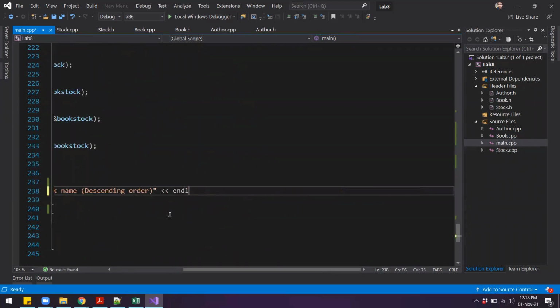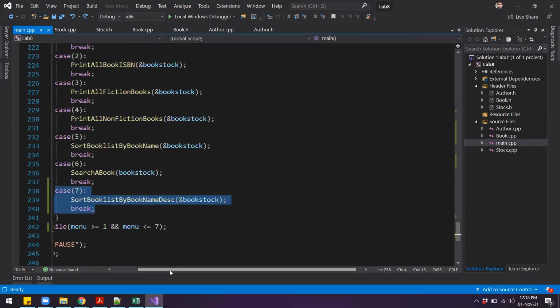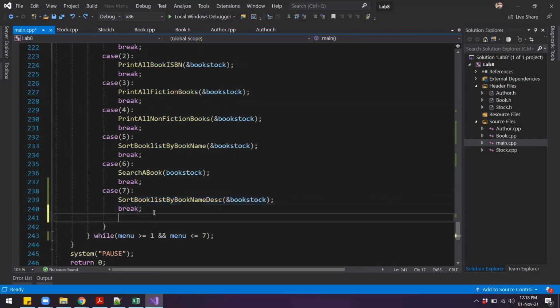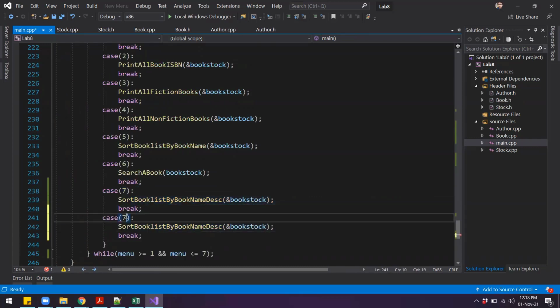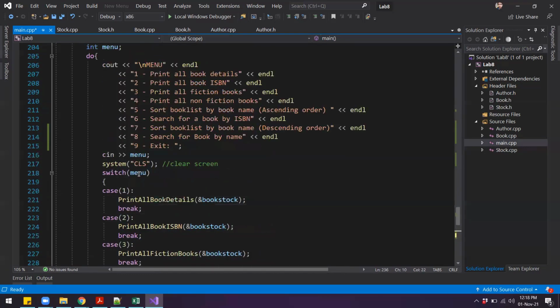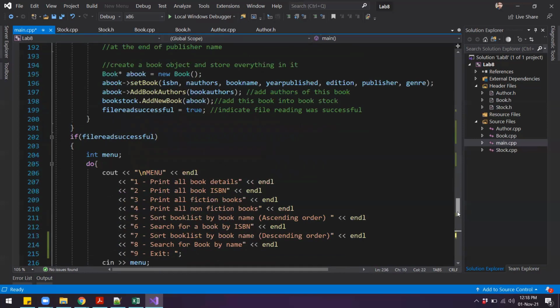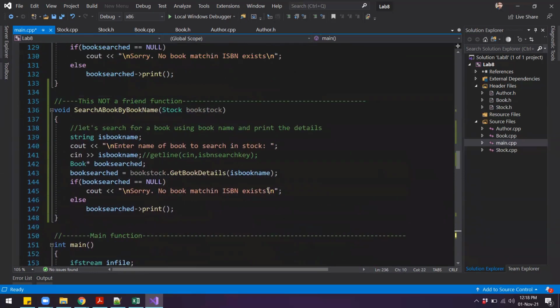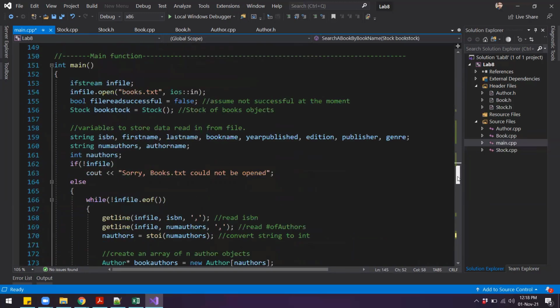So I can copy this, paste, and I'll call this case 8, and this will be called search a book by name. So I'll copy this function, and that takes a book object or the stock object.